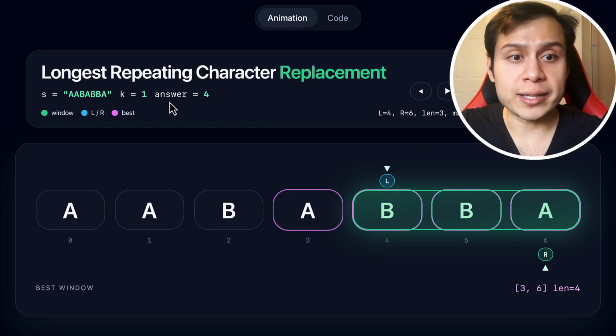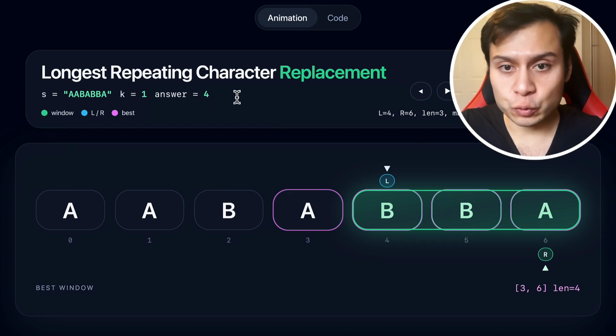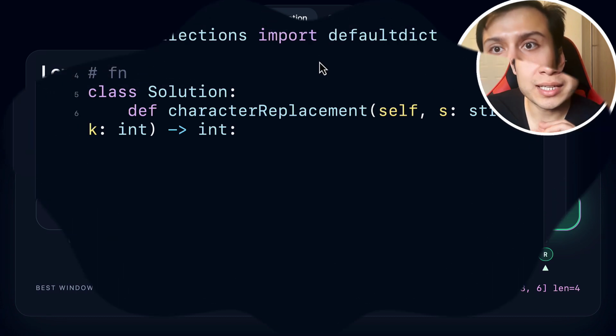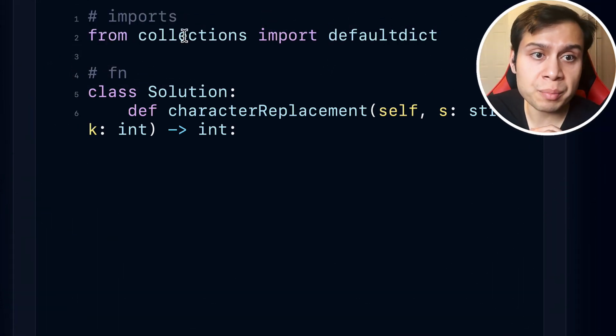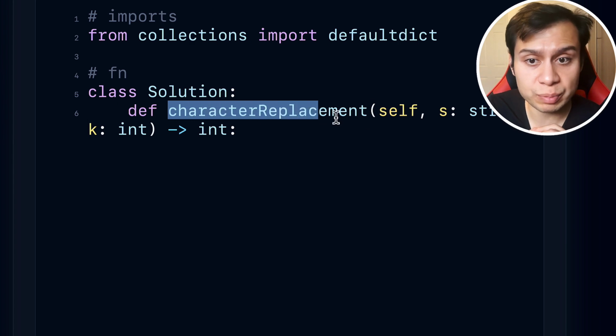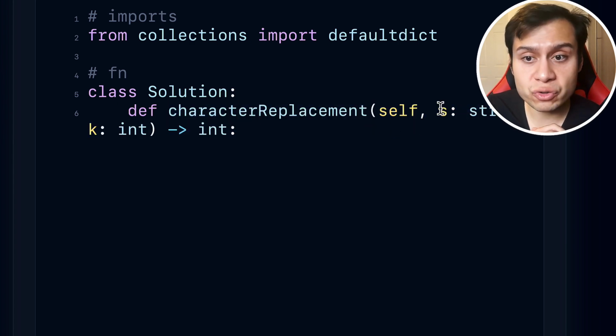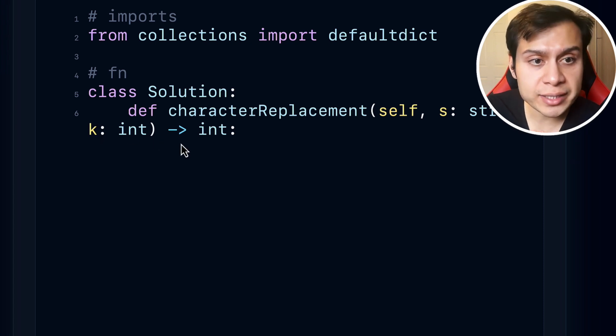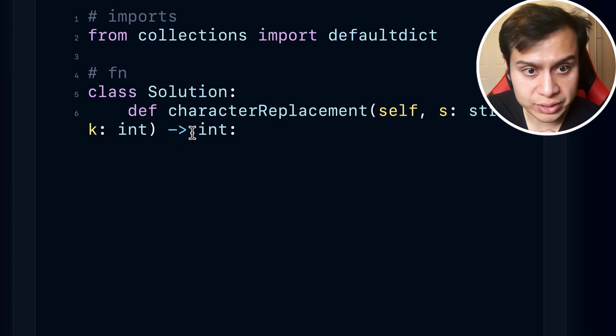That's why we got answer 4. Now let's see how the code is actually written. Let's start from importing defaultdict from collections, and then we're going to do the definition of the function characterReplacement, and we're given the string s and then also the k. This is our constraint, at most k characters, and at the end we're going to report the longest substring length